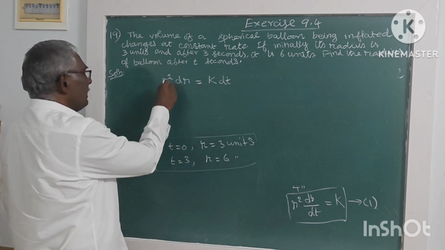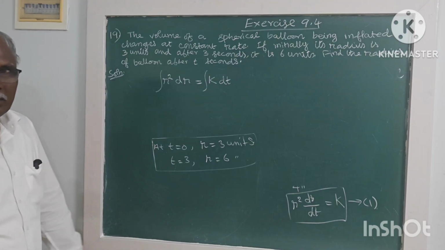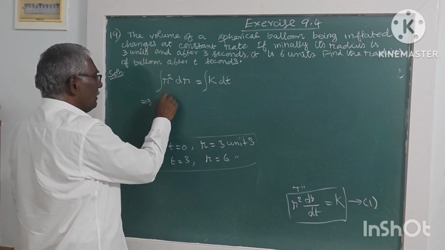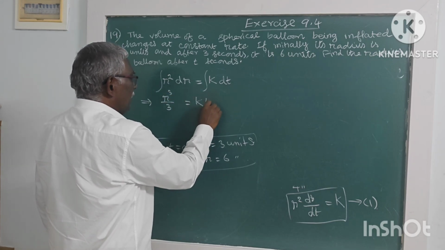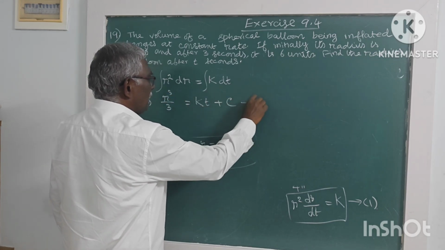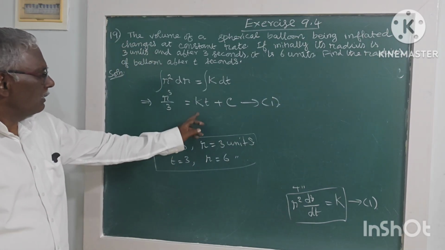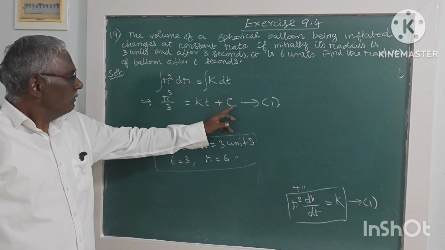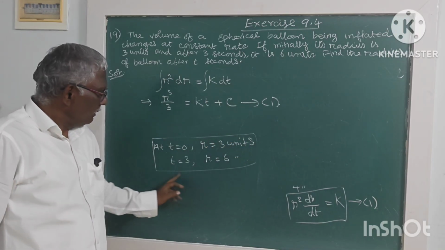On integrating, integral r square dr is equal to integral K dt. If we integrate, r cube by 3 is equal to K t plus C. Here K is a constant, C is also a constant. We have to find the value of these two constants by using these two